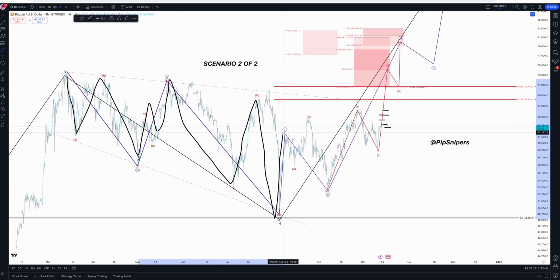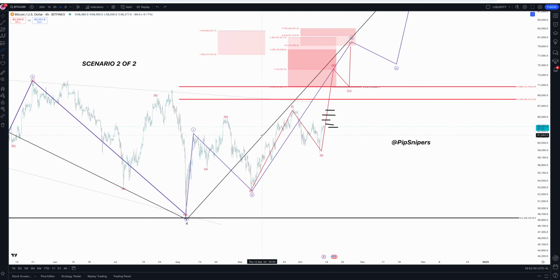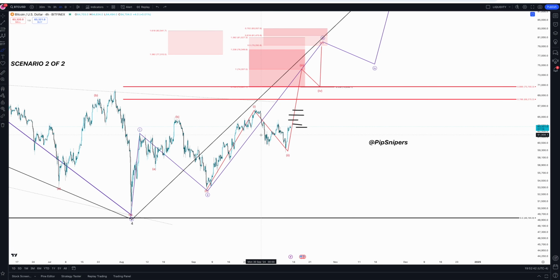This is your wave 1. This is your wave 2. And now we're working on our third wave to the upside, fourth and fifth. Okay, so now that you have both bullish and bearish scenarios, you can see which one makes the most sense to you. The problems that we have with the bullish scenario, which is this one I'm showing you, is that